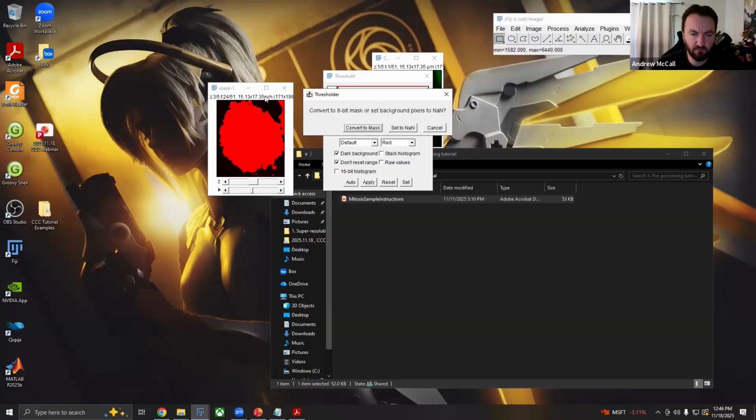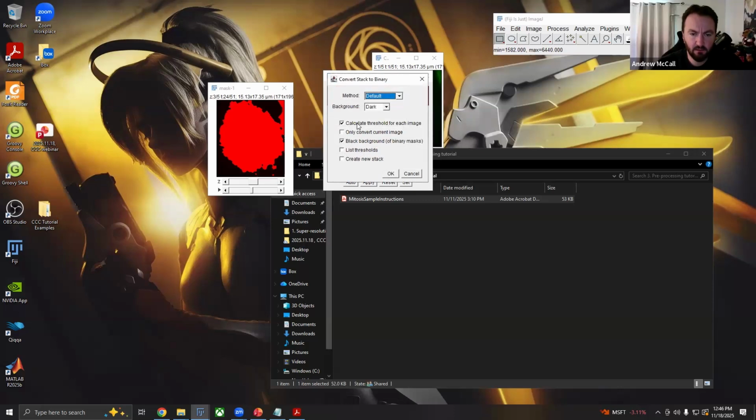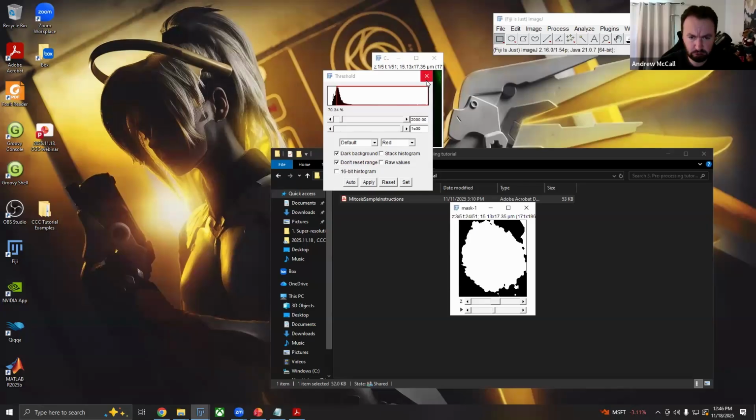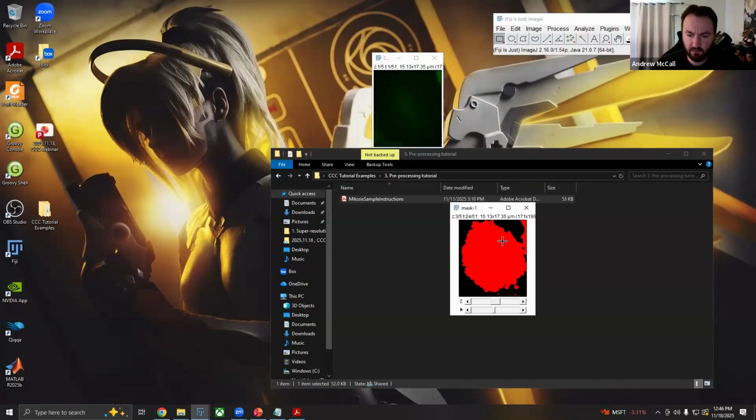When this comes up, because it's 32-bit, we'll hit convert to mask. We're going to uncheck calculate threshold for each image. And that is entirely up to you. I like the black background, so. Okay. Once we have that,